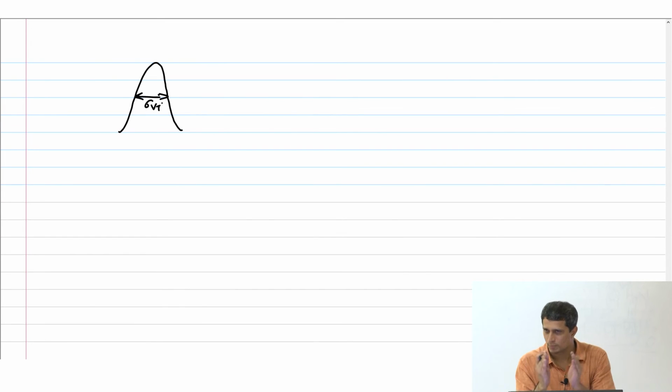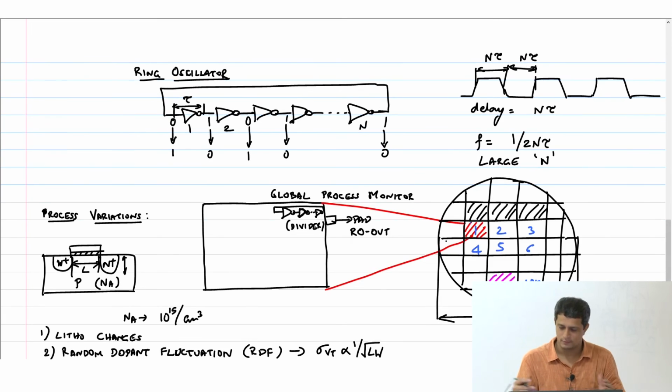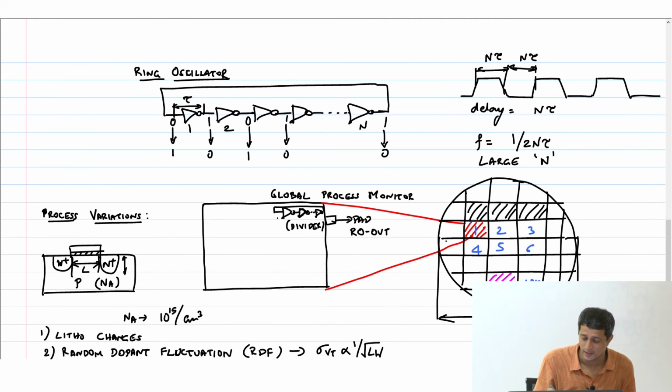So the variations come down if I have a larger device, okay? So the source of variations are so many such factors, okay? And therefore, I could have variations between two wafers, between two dies on a wafer, right? Here, chip 1 and chip 2 can have different parameters. Within the chip, I could still have variations, which means that the ring oscillator sitting at this corner will be different from the ring oscillator sitting at this corner,